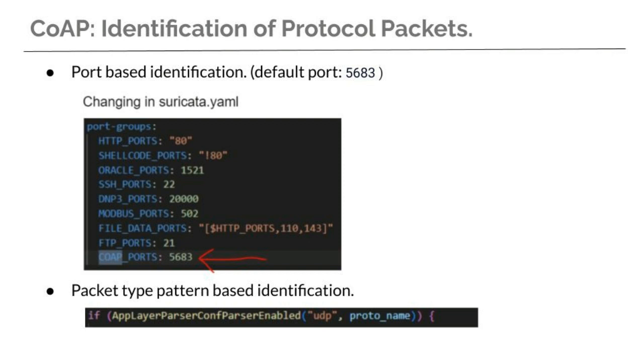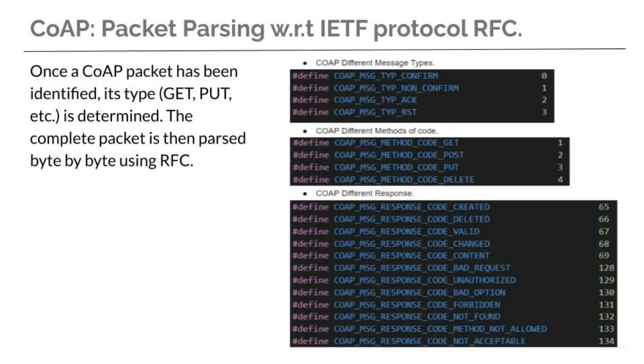Once a protocol is identified, the next step is to parse a packet according to the packet type. For each packet type, there is a parser file that is added in Suricata. Based on that, once a packet type is identified, we look for the bytes according to the protocol specification, and finally we parse a packet and fill the variables with the data that is available in the packets.